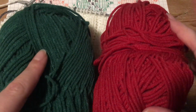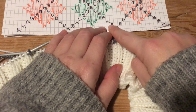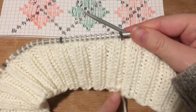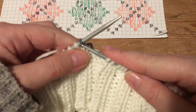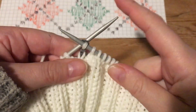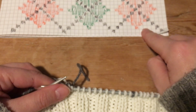So now here for the next round we're going to also use the red and the green yarn. So here is where I'm going to start, where the little tail is. It's where we know we're going to start the next round. So first we're going to knit white on top of the gray, just as in the drawing, like this. And then the next stitch we're going to do gray, just like this. And then we're going to do 4 white stitches,